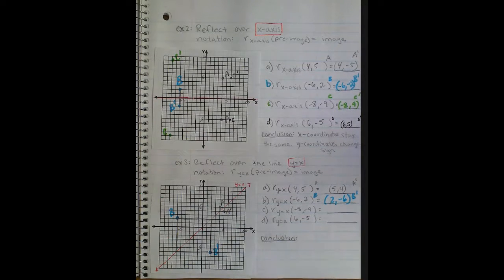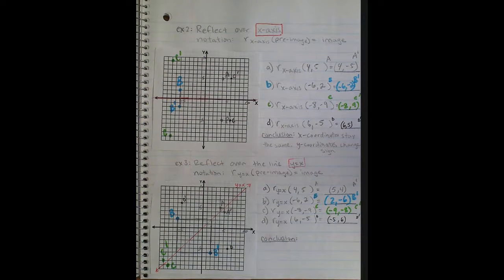Once again, go ahead and pause, do the reflections for C and D, and then see if you can start to come up with some type of a conclusion. So what I start to notice right away is that unlike the x-axis and the y-axis, the signs of my coordinates are not changing. These were both positive, they remained both positive. The -6 was negative, and it is still negative. So the signs are not changing, but there is something that does change, and hopefully we'll be able to see